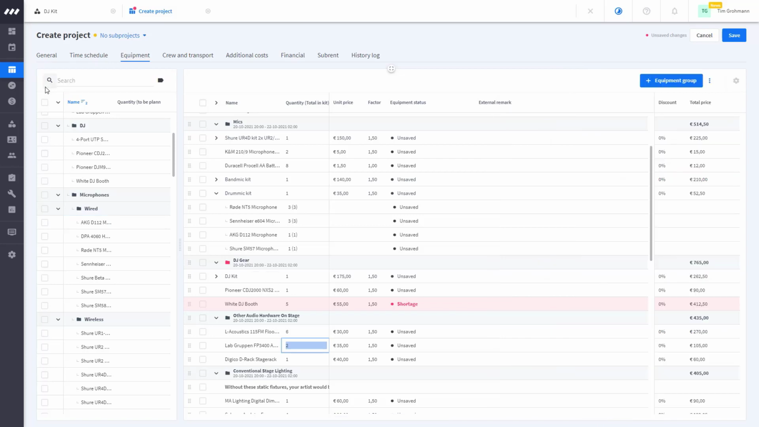So before we move on to plan our labor on this project, one thing that I want to point out, which is obviously one of the most important things, not just in Rentman, but pretty much in any system you're using, is to save your project. As you can see, I haven't really done this yet, which is why the project name has not been adjusted yet. So I'm going to go over here to the right side, click on Save,